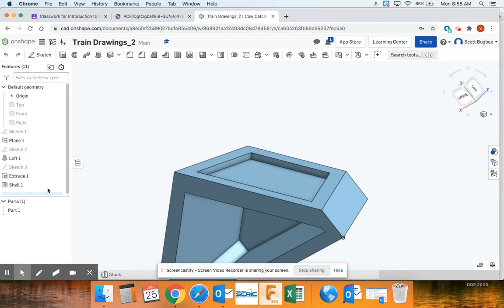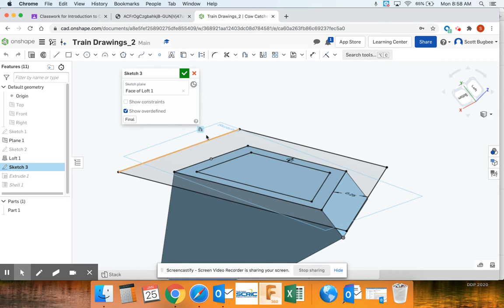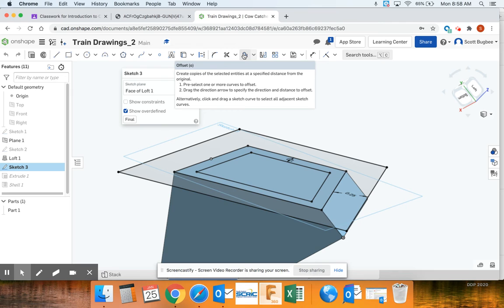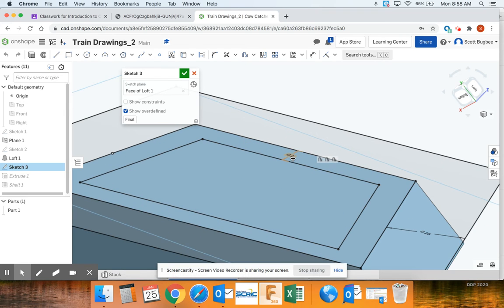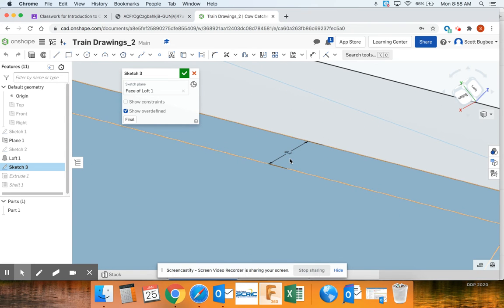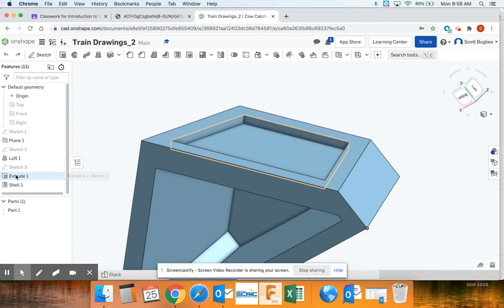The easiest way to do that indentation is to create a sketch and use this tool right here. It's called the offset tool. If you select the outside 1, 2, 3, 4 lines, by default it offsets like 0.25, and you can change that; in this case I changed it to 0.1. And then you can simply do an extrusion. That's what I did in this next operation. And then finally,